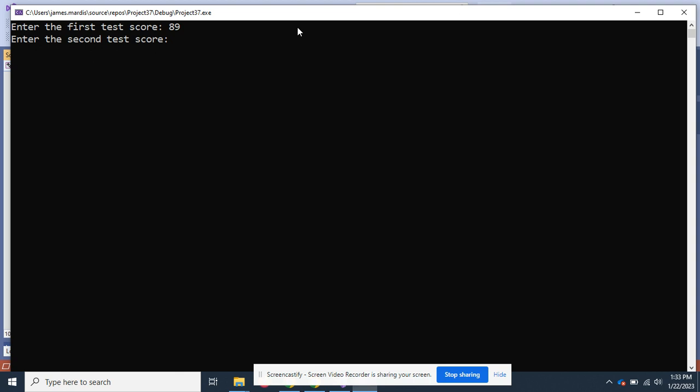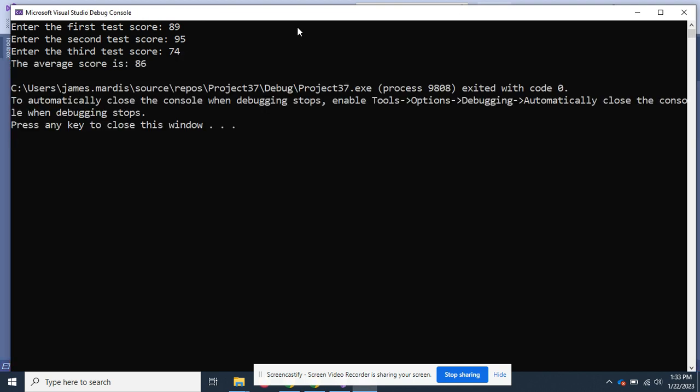We didn't cout an endl. It's waiting. Let's see, I did better on the second test, got a 95. Got kind of cocky, didn't study much. On the next test, got a 74. Cursor sits there blinking, hit enter, and it outputs the average of 86.